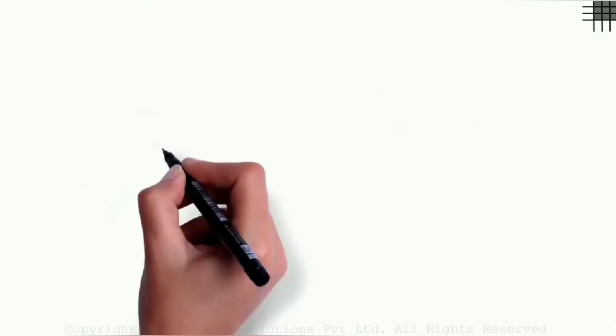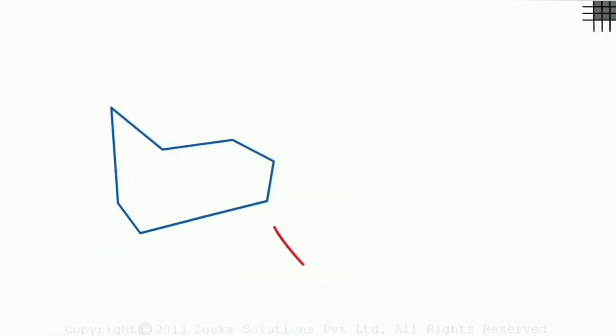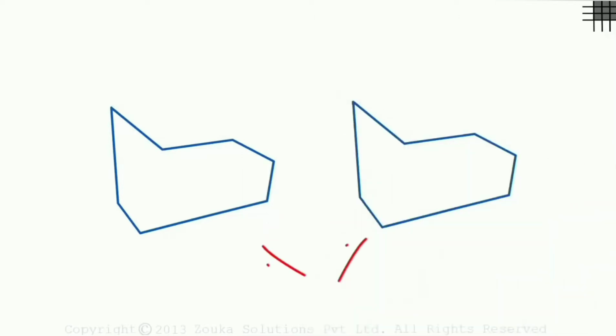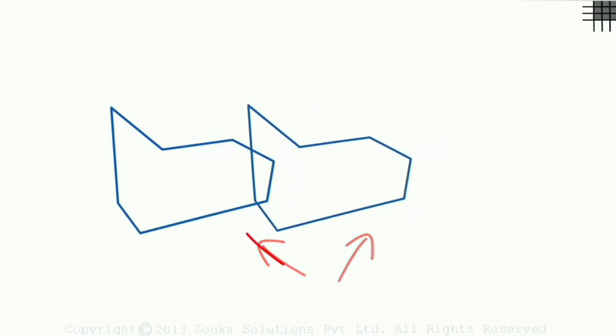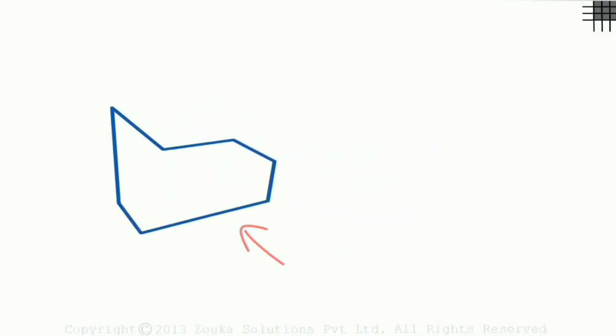We draw a random polygon. A polygon is a closed figure with 3 or more sides. And we have another polygon here. Are these two figures congruent? Well, they look like each other, but the condition for congruency says that these two figures are congruent if one, when placed on the other, they both should overlap exactly. If we move this one over the first one, we can see that it overlaps exactly. It means they are congruent figures.